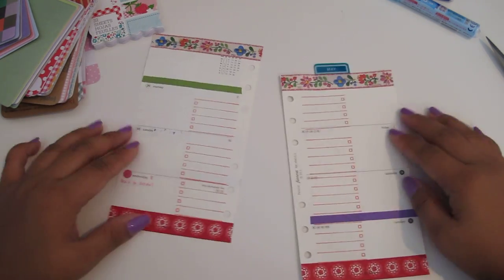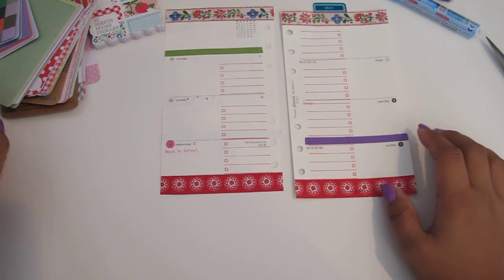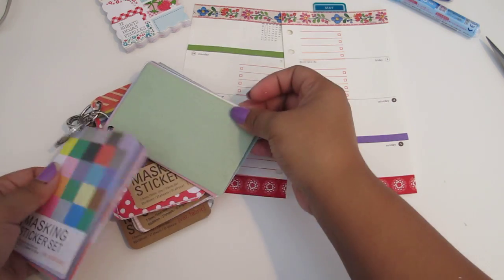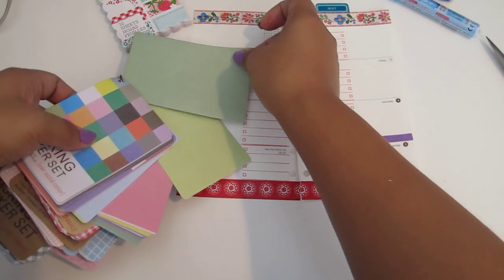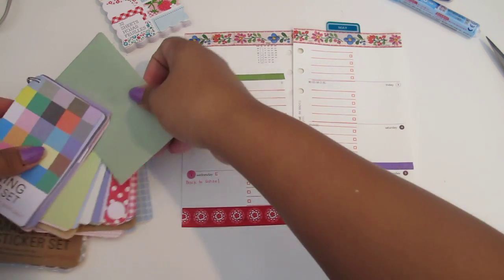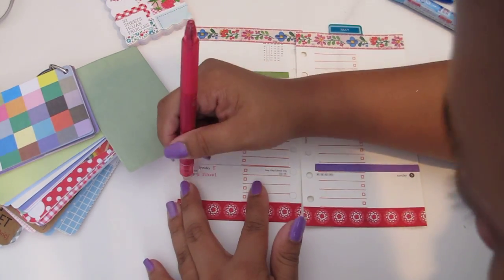And then after this, I'm going to rewrite this here. And I'm going to be using my masking stickers here. And I've gone with this green washi tape here. Should I go with that? Oh, I think I'll go with the darker one. And I've written that my daughter is going back to school here, so I'm just going to erase that. And then